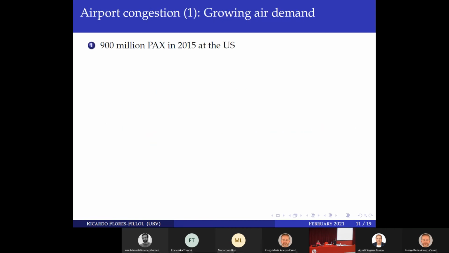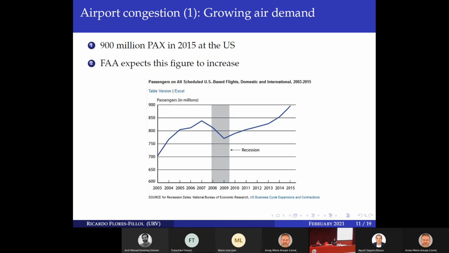Okay, so now I'm going to make a short comment on airports, and I will finish. The theoretical analysis is the same as the one I showed you before, but there are some specificities about airports. This graph is not very good, but if you take an even longer period, you clearly observe the huge increase in demand over the last decades. So demand is increasing dramatically. Again, now we have the outbreak with the coronavirus, but this is going to recover later on.